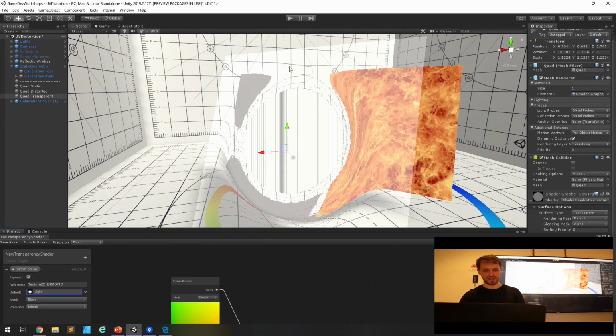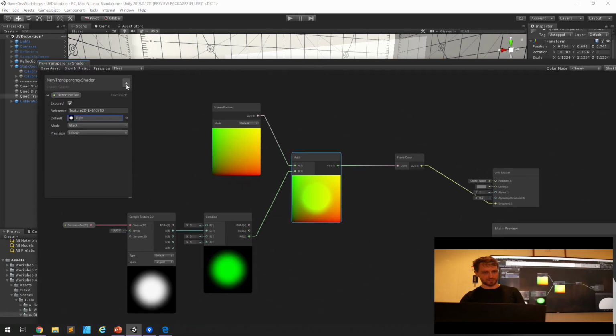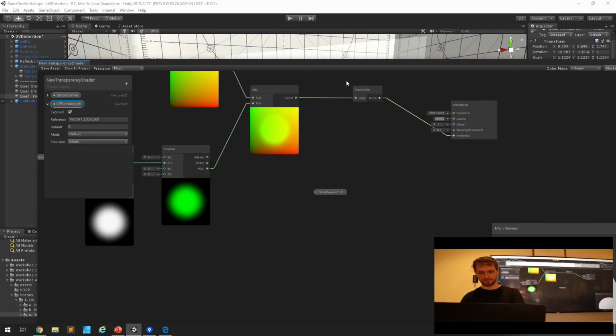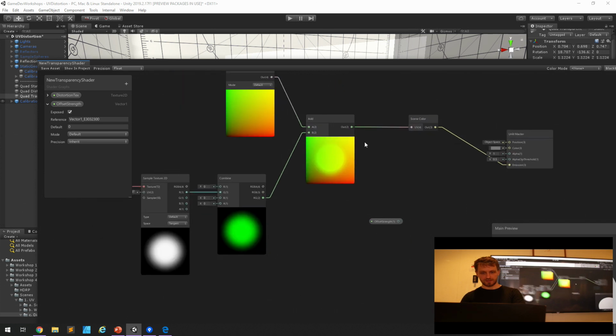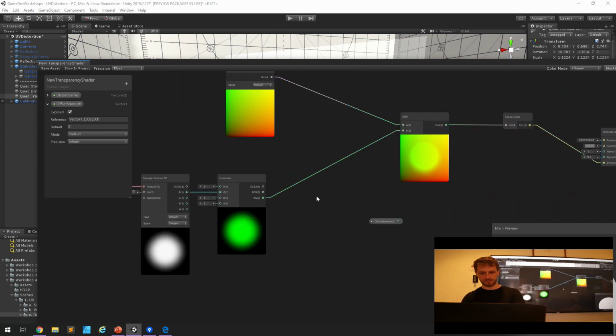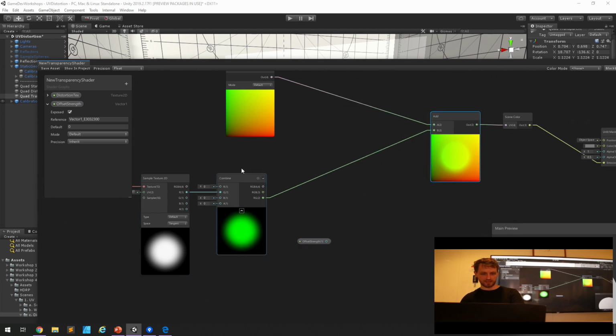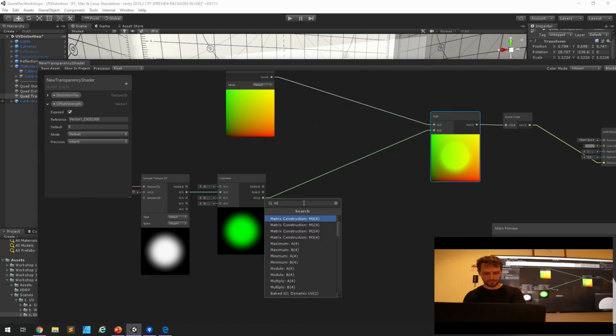It's probably best to go back to the blackboard, add a vector, which is just a float, a vector 1, call it offset strength or something, drag it in, there, and we're going to take that green dot that we calculated and multiply it